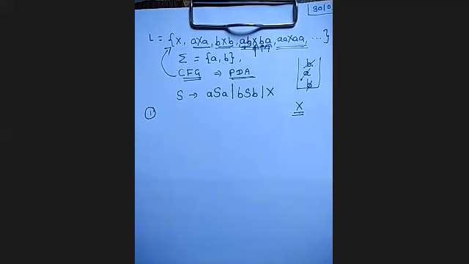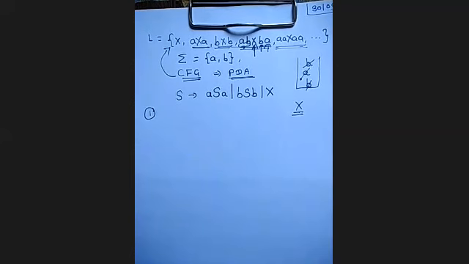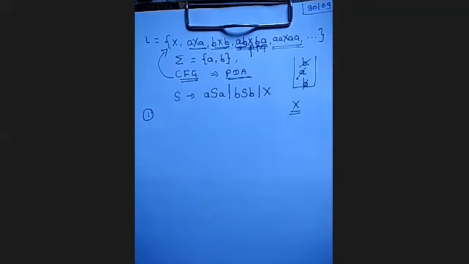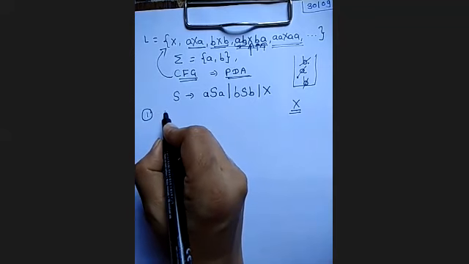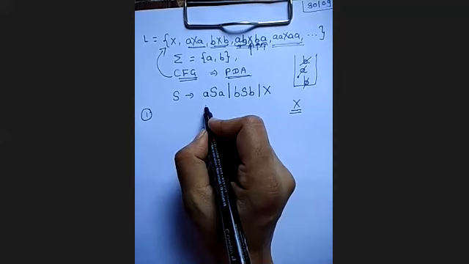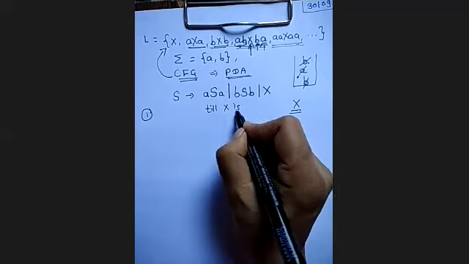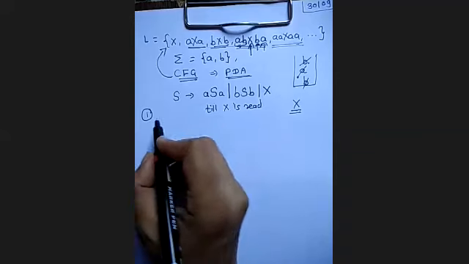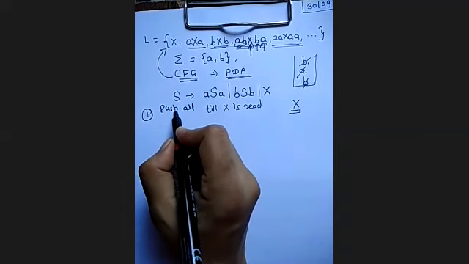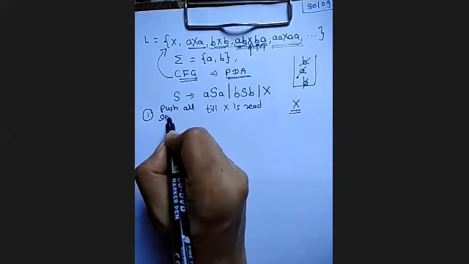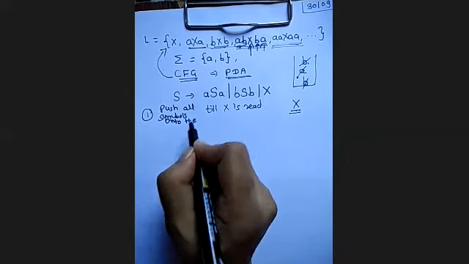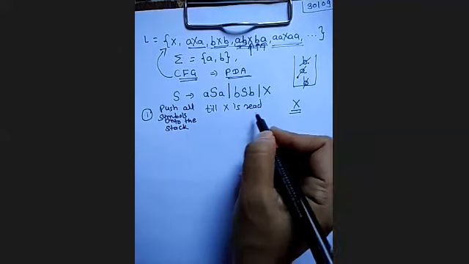Push all symbols onto the stack. Write it down here. So the first step is what? Push all symbols onto the stack till X is read by the PDA. Till X is read. Okay. Push all the symbols onto the stack till X is read. Okay. Second step,